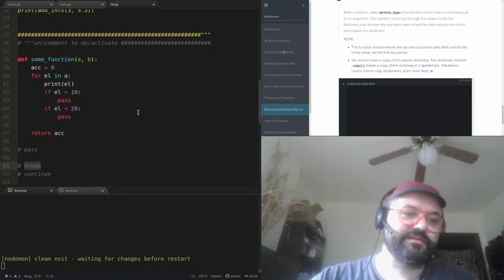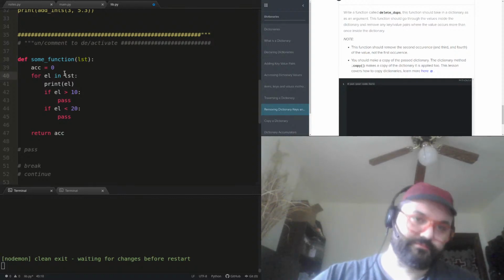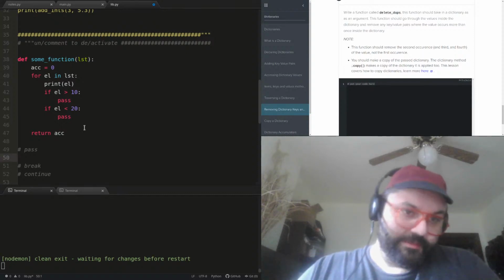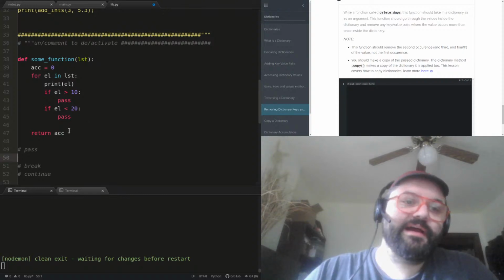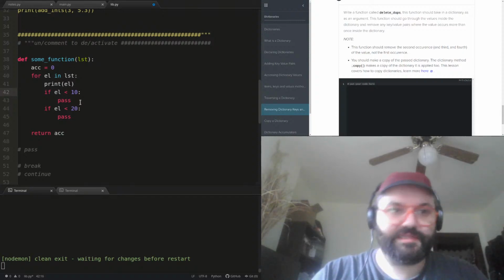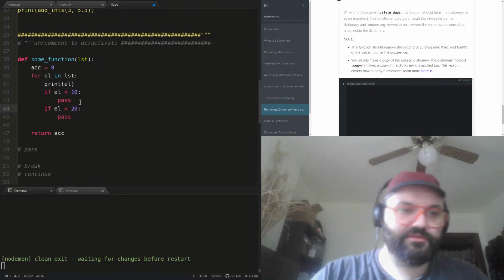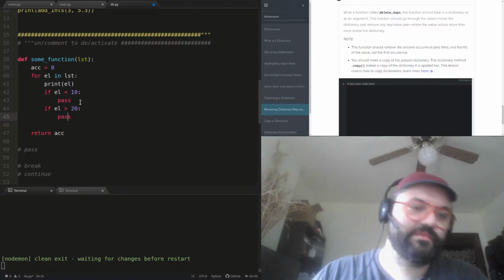Let's do something like this. Oh, shoot, we could even just use this example. I didn't intend for this to actually turn into an example, but it is turning into an example. So let's say if I have, let's do this. Let's say less than 10 and greater than 20. Okay.